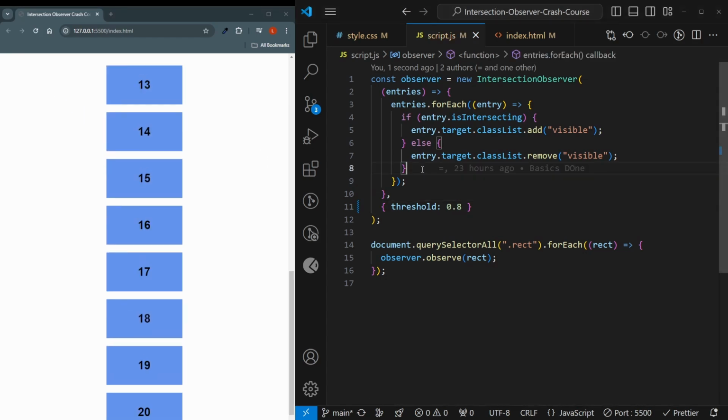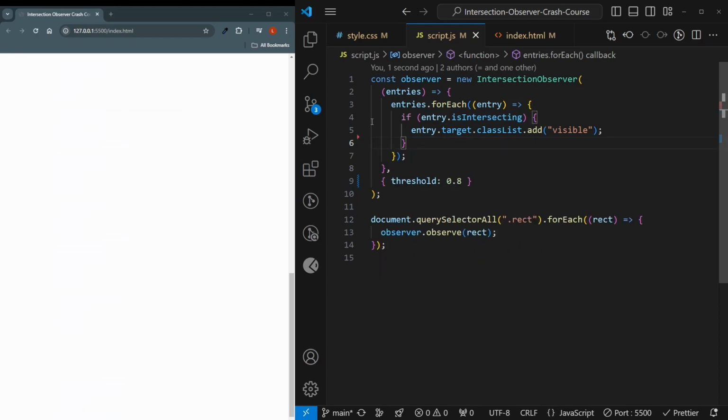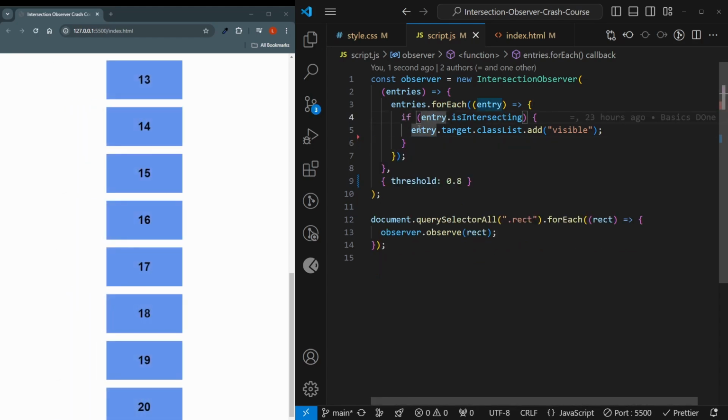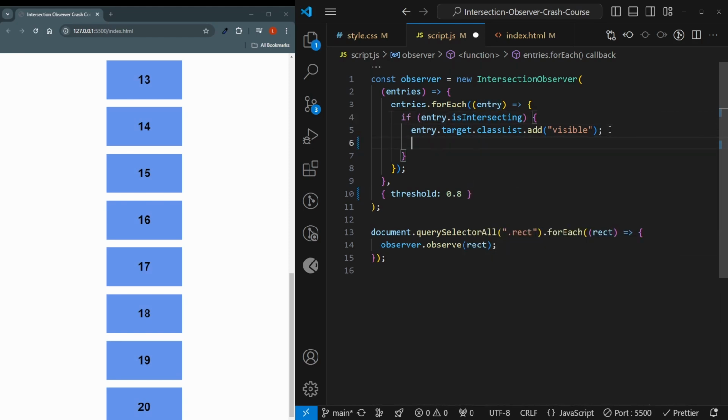Now what if I wanted to prevent the animation from the outside and I only wanted to build up this site the first time the user scrolls down? Then to do that, I would need to stop the whole process of monitoring our objects. And to do that, I will first of all remove the else because we won't be needing it. And I will also come here to the if statement, and after we apply the visible class, to prevent the further monitoring of an object, you can simply say